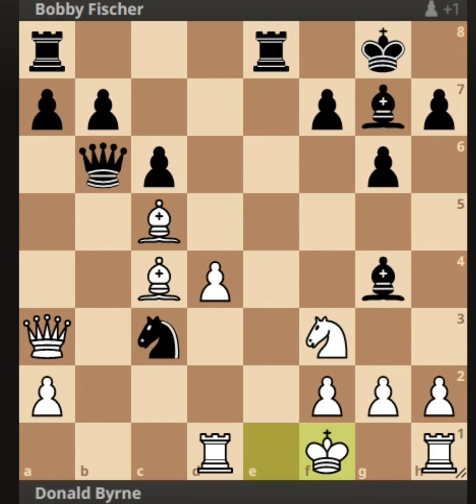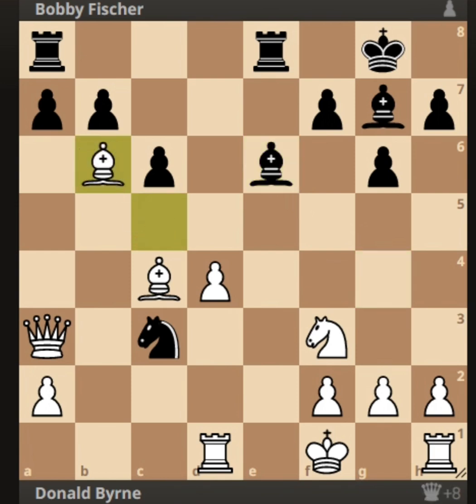So here Fischer played an excellent move. Can you find it? Yes, it starts with a queen sacrifice. Bishop to e6. Now Byrne will be thinking, why did he sacrifice his queen? And he immediately took it with